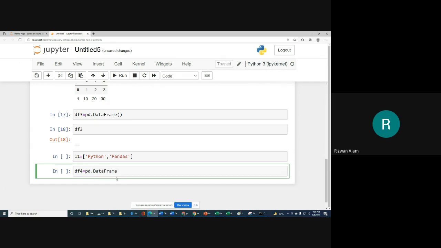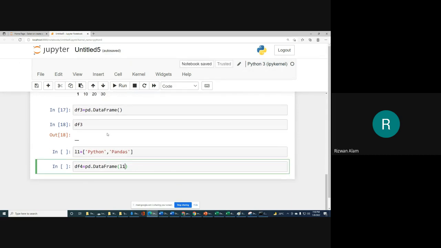After that we provide this list L1 as an argument. So the elements of this list L1 will be used to create this data frame. Let me tell you how this data frame will be created: the first will be for the characters of Python, and the second for the characters of pandas.